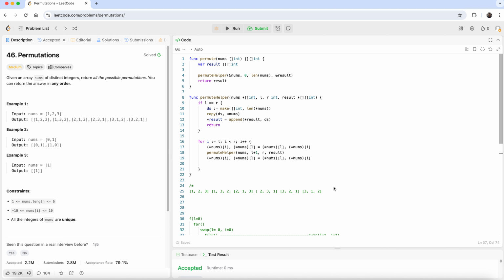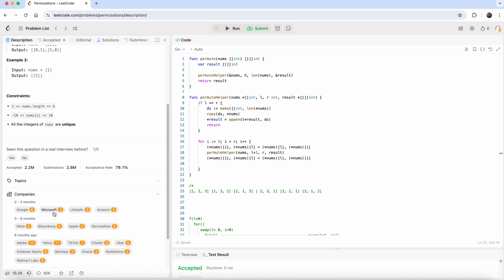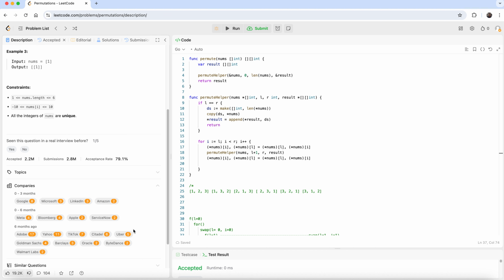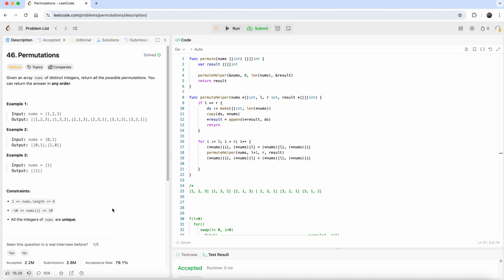Let's see another problem from LeetCode. It's a permutation problem, problem 46 on LeetCode, and it's a medium level problem. Let's see the companies that ask this question. It seems like a very popular question, and it also seems easy, but when we go and